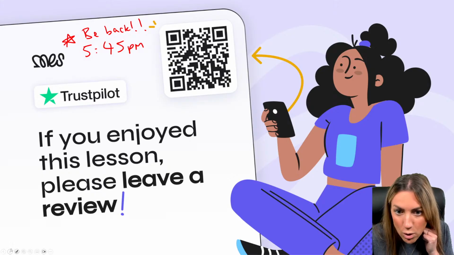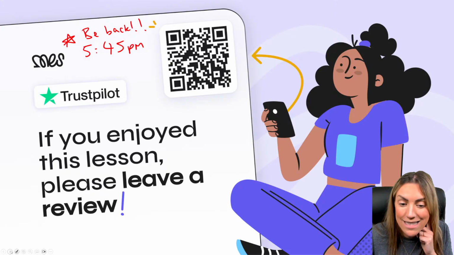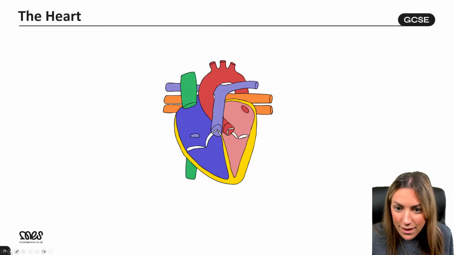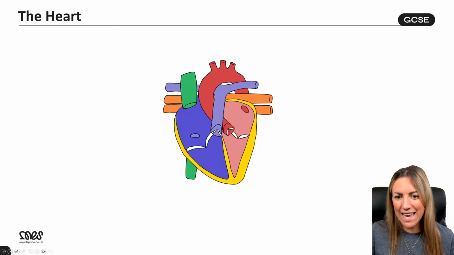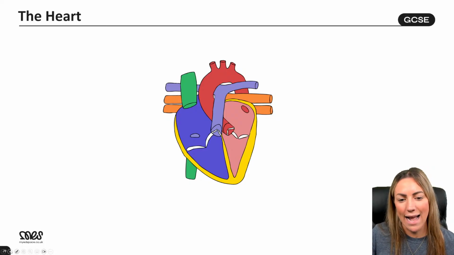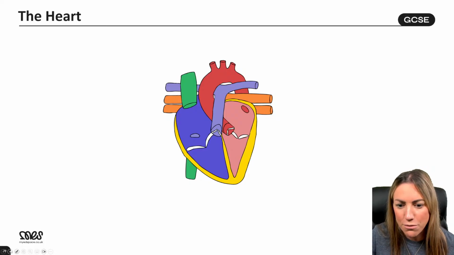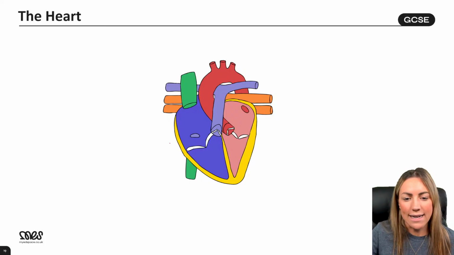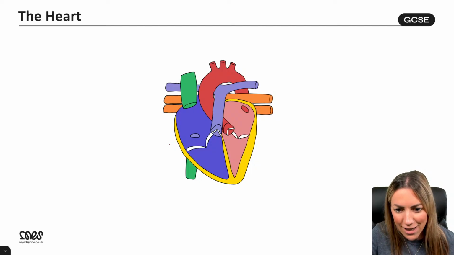Does osmosis require energy? No, Annie, it's passive, like diffusion. It does not require energy. If we've got time at the end, I might do a little enzyme prac overview as well. Right, guys, we're moving on to the heart structure.